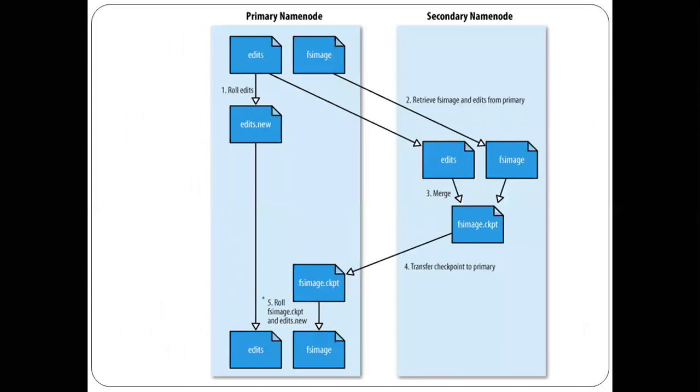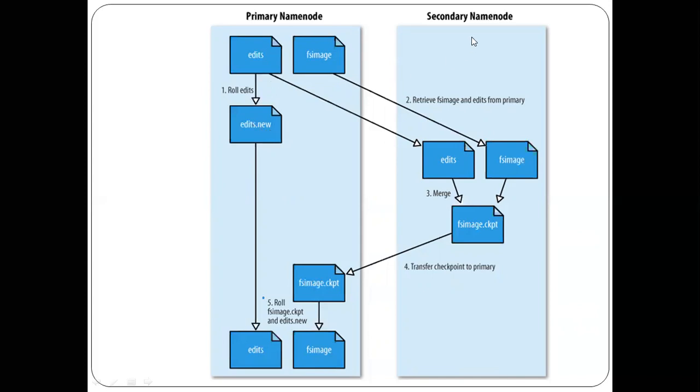You can observe the overall function here. This is the primary name node and this is the secondary name node. Edit file is initial edit file and fs image. Both the files are initially stored in the disk. Once the name node starts, these files are taken from disk and now taken into the main memory. Once this edit file is taken, all the modification during runtime will be stored in edit.new file.